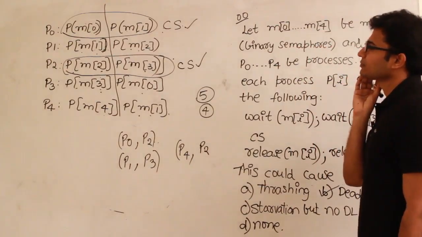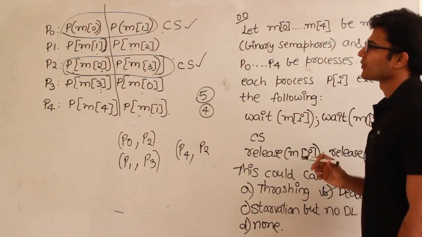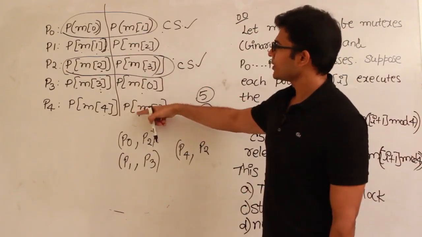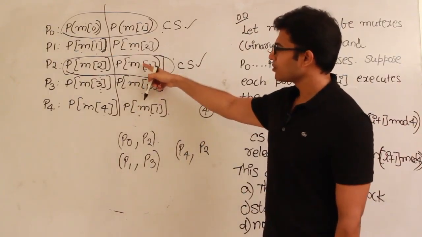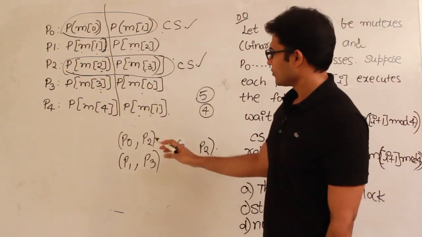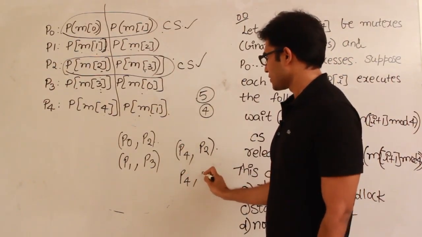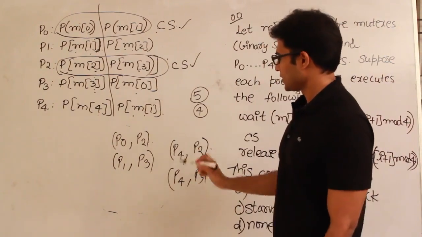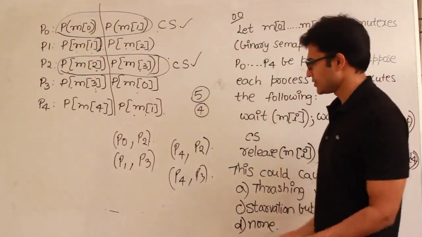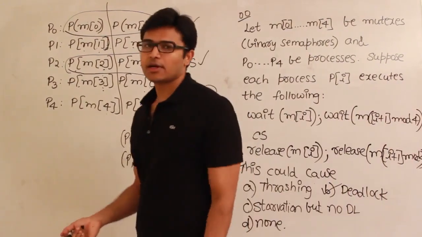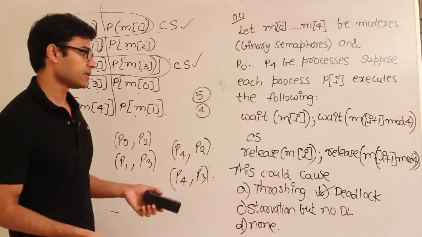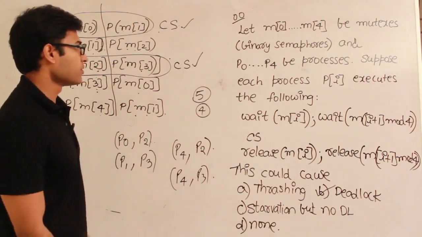Watch it. 2 and 3, 3 and 0, right? So either it can take P2 or it can take P3, because once you take P2, it will eliminate P3. Once you take P3, it will eliminate P2. Anyway, these are the pairs which are possible. You can check it. So at any time, the maximum number of processes that could be present inside the critical section is actually 2. Got it? Anyway, it is not providing mutual exclusion for the critical section. More than one process can be present there. But then the answer is deadlock, that is over there. Fine.